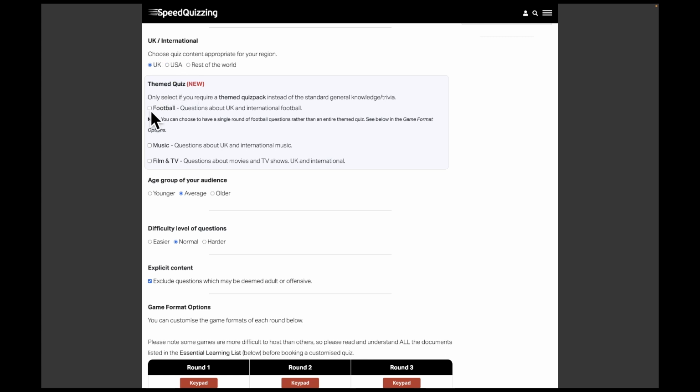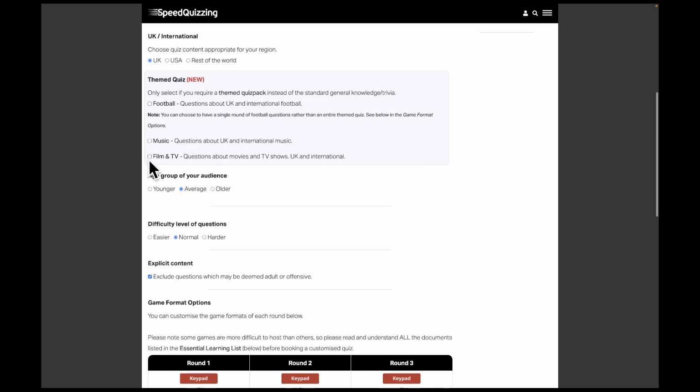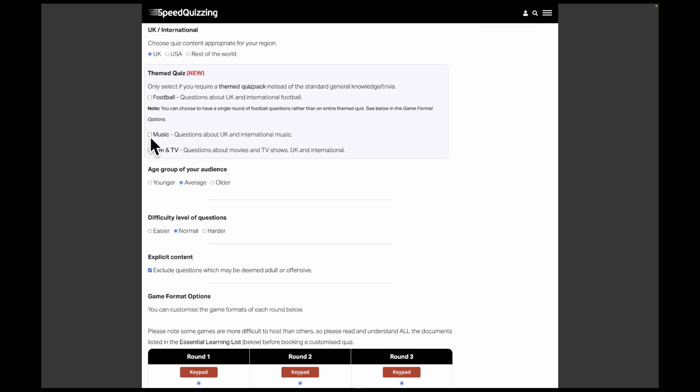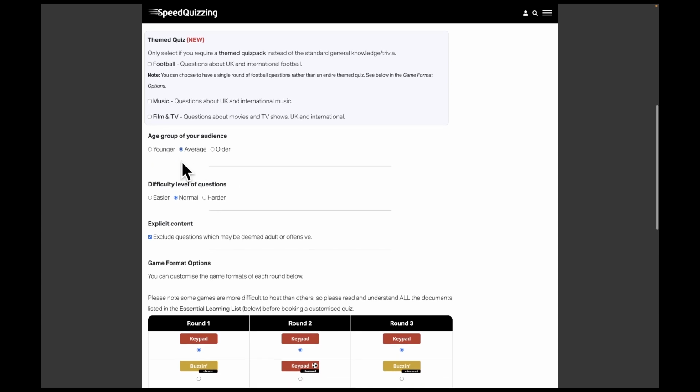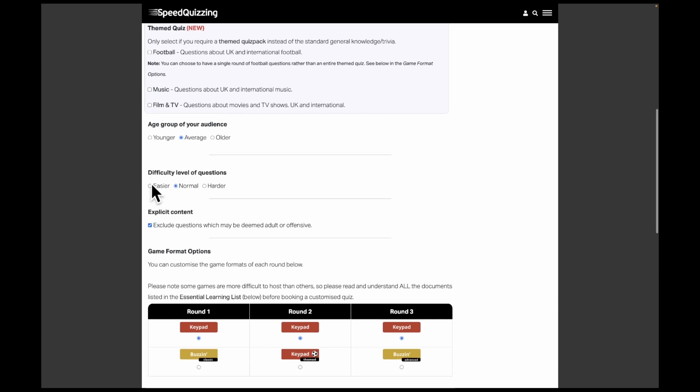Themed quiz, you would only ever tick one of them options if you're doing a full night of football questions or a full night of music or a full night of film and TV. Otherwise, you just leave them unticked and you'll get general knowledge, which will include a bit of sport and music and film and TV, but other stuff as well. Okay, unless you're doing a student union type place where you would tick younger, I would just leave that as average age. Often on your first night, I would usually tick easier because you never know who's going to be